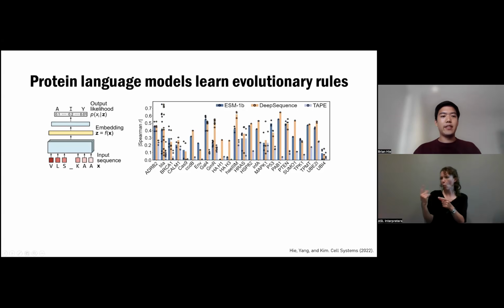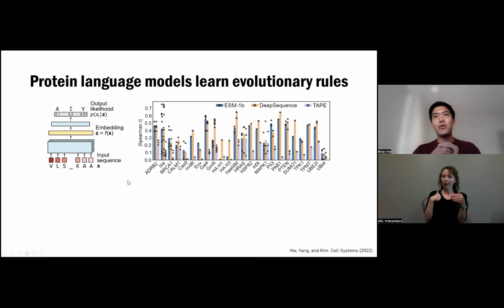There are other types of language models, autoregressive language models as well. And the way you train these language models, in particular a class of language models that are more general, is to just train a very large language model over all the proteins in UniProt, for example. So these are just generic protein sequence corpuses. And a result that I still find quite